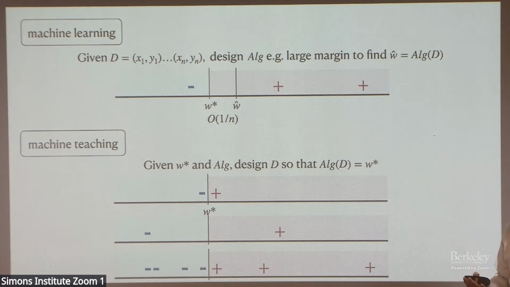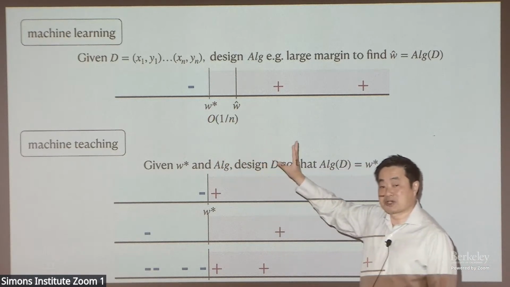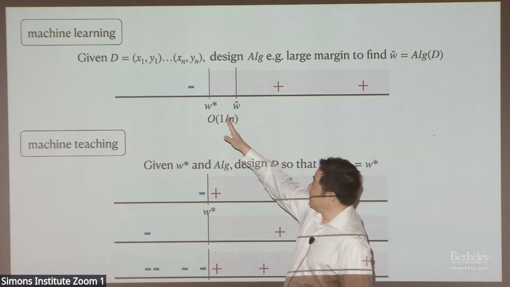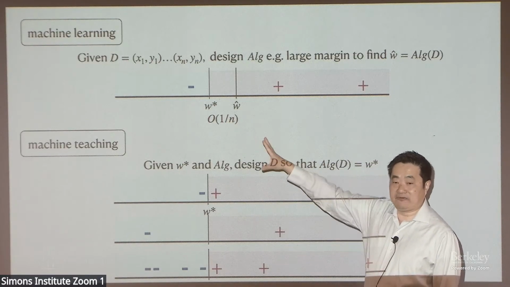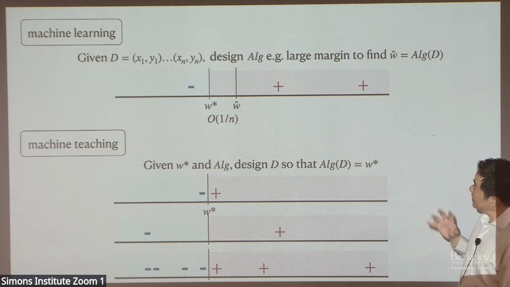And if you're familiar with machine learning, we typically assume that the data items are sampled IID from the underlying distribution that describes your problem. So for example, maybe the X is uniformly distributed over this interval, and Y is really determined by a true threshold, W star. So we're considering threshold classifiers. W star is a true threshold, so that to the left, everything should be negative. To the right, everything should be positive. Okay, so that's the setup.